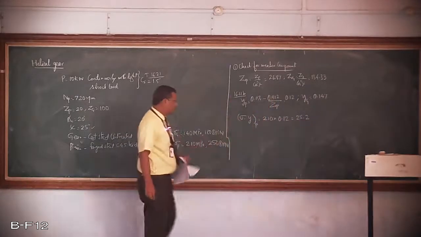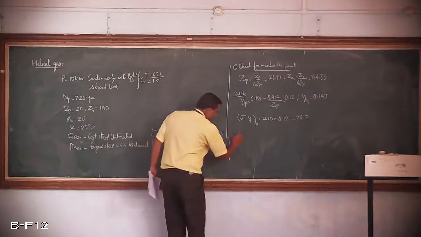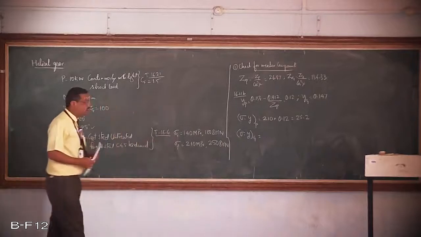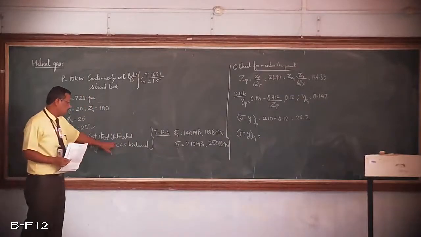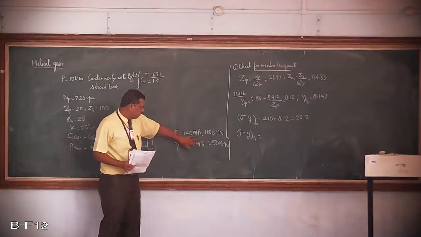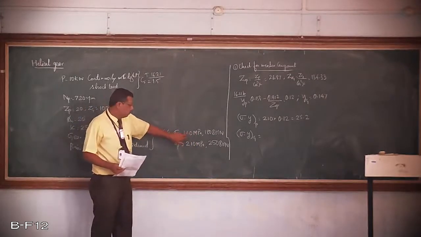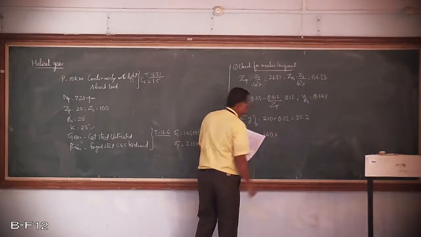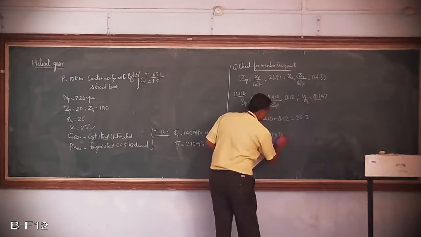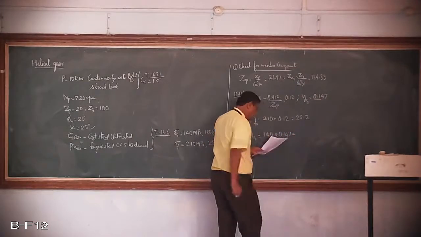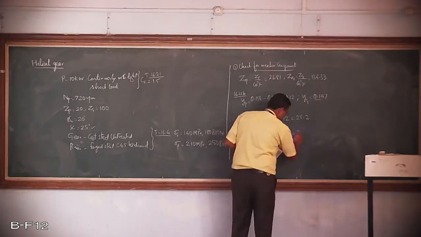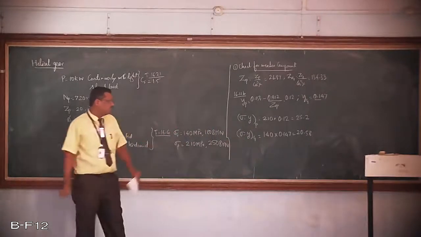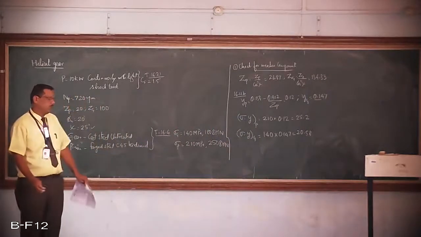On similar lines, calculate sigma into y for the gear. The material for the gear is cast steel, and the static strength given in the table is 140 megapascal. Therefore, it is 140 megapascal into y of gear, which is 0.147. You will get 20.58. Once you have calculated sigma into y for the pinion and the gear,